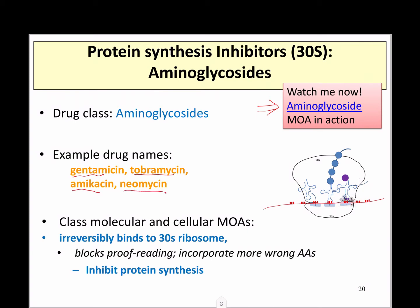The mechanism that you need to know is that they're irreversibly binding to the 30S ribosome and inhibiting protein synthesis. There are a couple of ways that they're doing this that have been talked about in the literature, but one of the major ways is that they're binding in a way that blocks the proofreading of the codons, so that it's much more likely that the wrong amino acid is going to be put into place in the